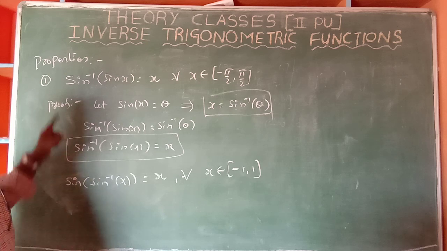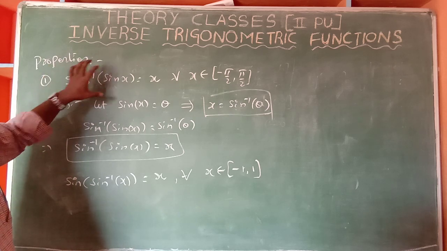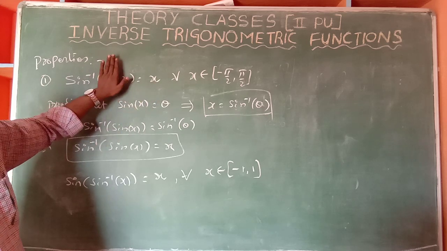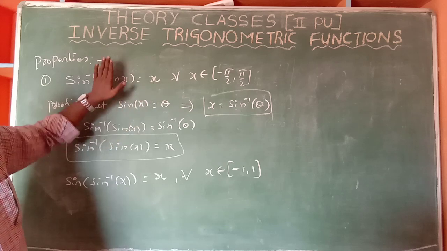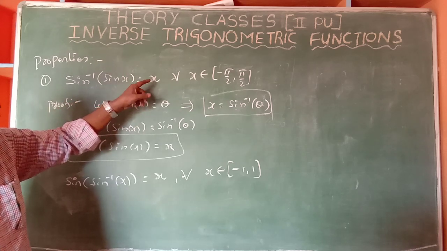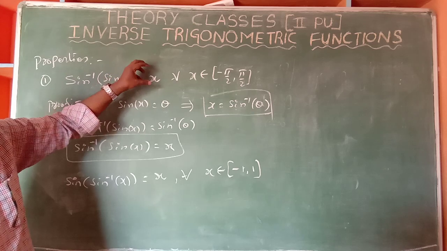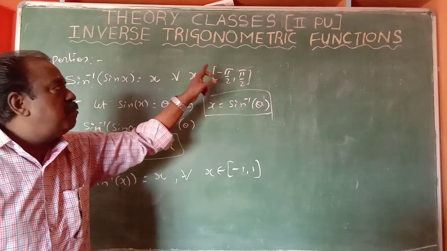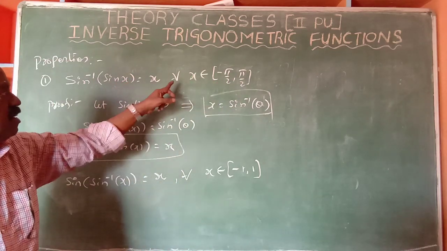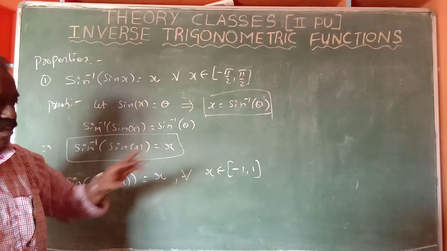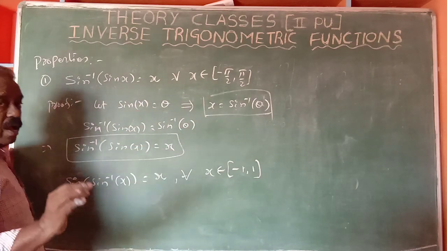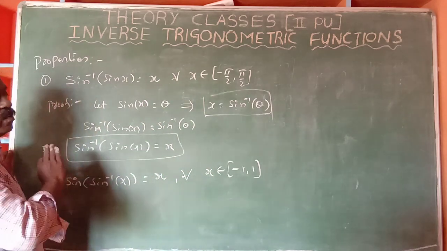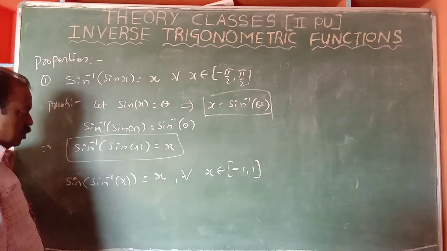In this case, sine inverse of 1 by 2 is 30 degrees, sine inverse of 0 is 0, sine inverse of 1 is pi by 2. So here we are getting the value of x in terms of angles, and those angles are always between minus 90 degrees and plus 90 degrees. That is why these two are different. Don't confuse. If you are unable to follow that, simply leave it out. While solving problems, you can understand.